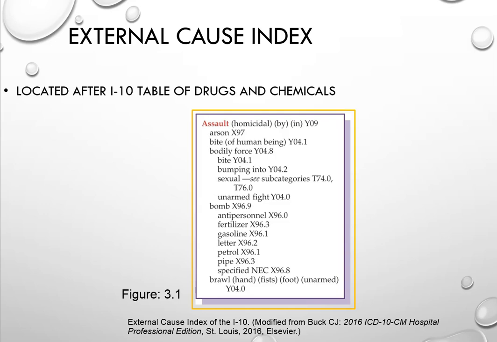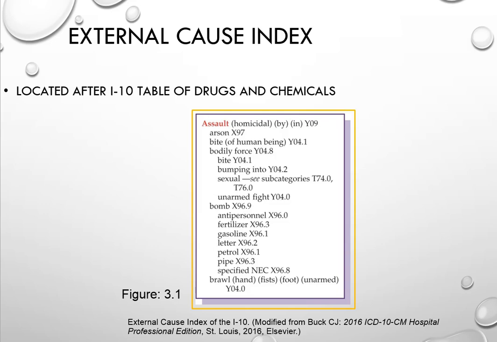Chapter 20 in your ICD-10 book classifies external causes. The external cause index is located right after the table of drugs and chemicals. Now make sure you have a tab here so you can get to this alphabetic index quickly if you need to. This index classifies environmental events like tornadoes or floods,